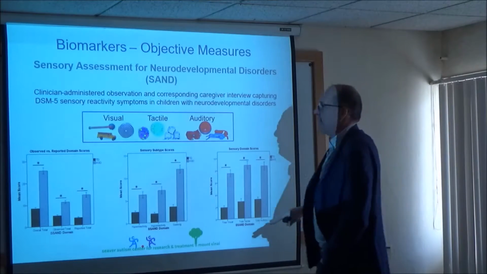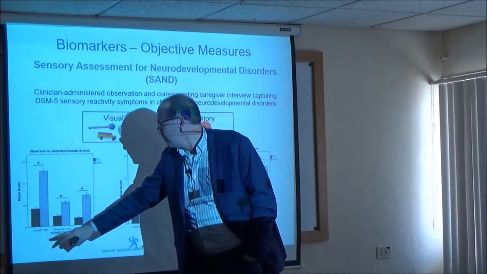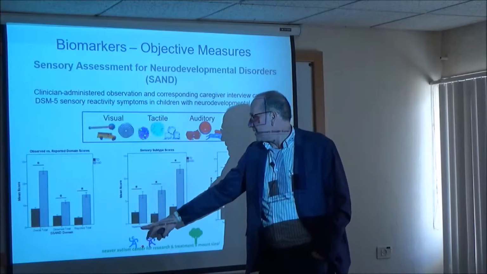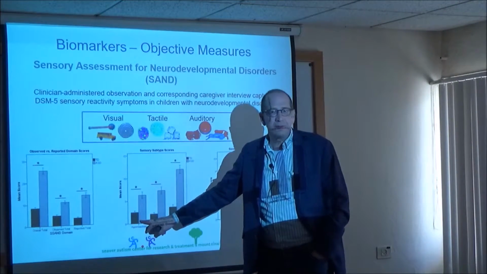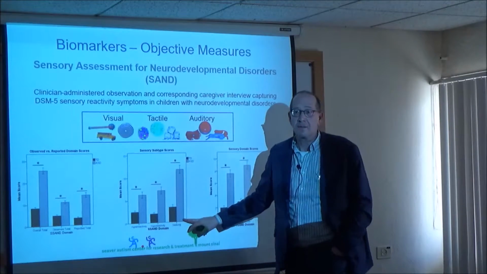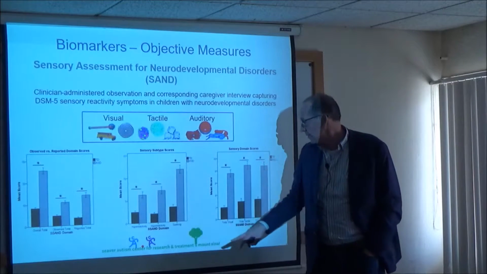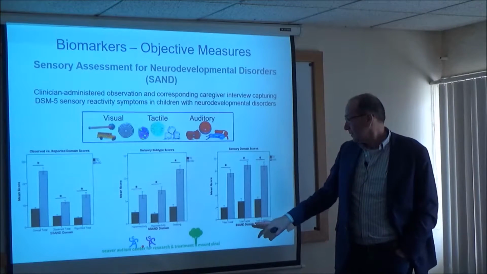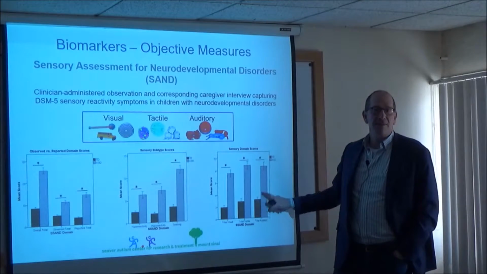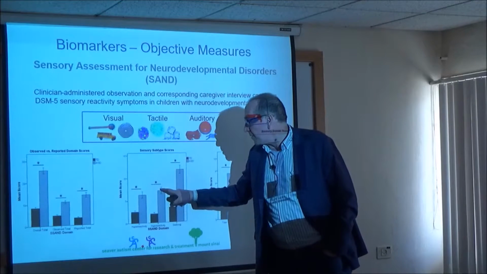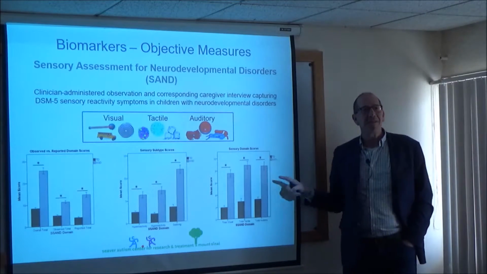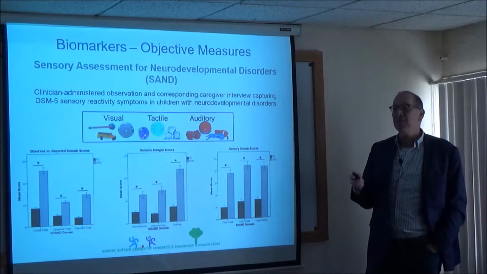And now we can say, and we compared it to existing scores, we can say somebody's hyperreactive, generally hyporeactive, or seeking, so the 3 DSM subgroupings of sensory processing issues. We can split it into visual, tactile, and auditory, and what you can see is this is typical versus autism, pretty severe differences, but some are hyporeactive, and some are hyperreactive, and some are seeking, just like DSM says. And again, that's probably very different mechanisms. Probably better to not put them all together.